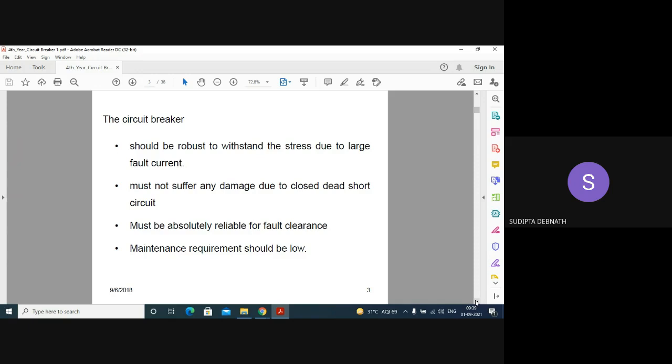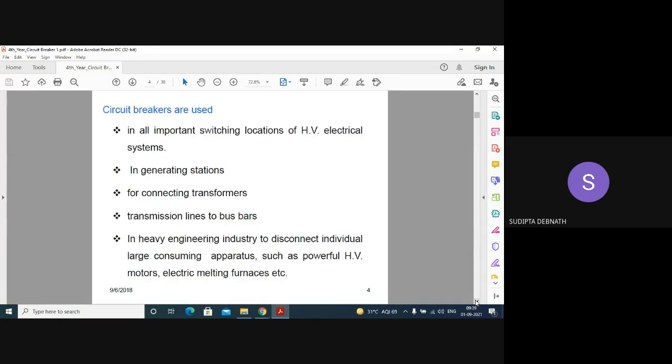Must be absolutely reliable for fault clearance. Okay, because it is used for clearing of fault. Though it cannot sense fault, fault is sensed by the relay coil and it sends the signal to the circuit breaker. The maintenance requirement should be low. Now circuit breakers are used in all important switching locations of high